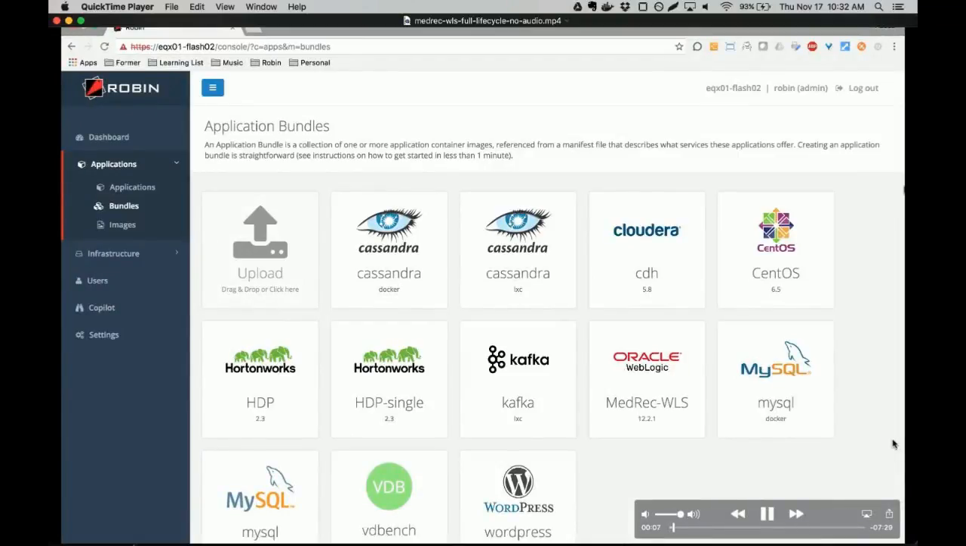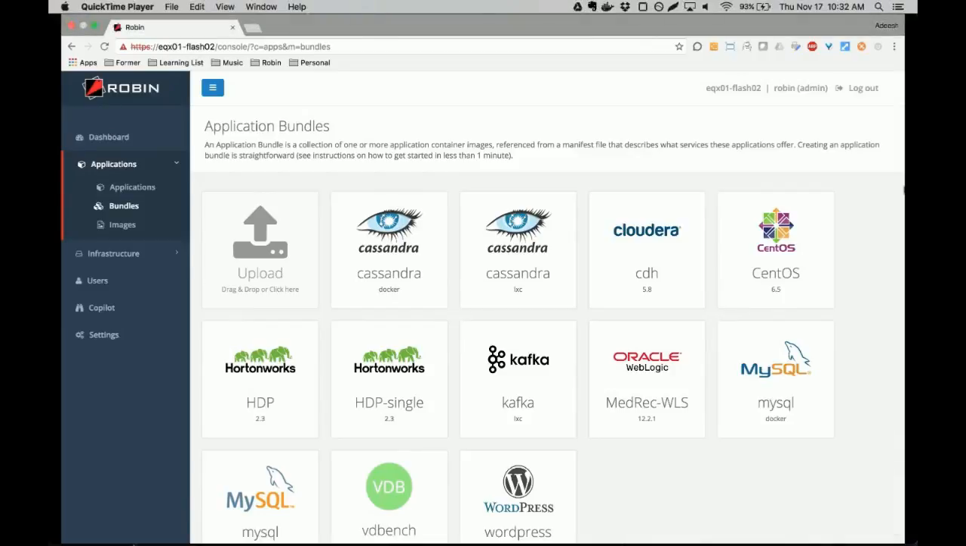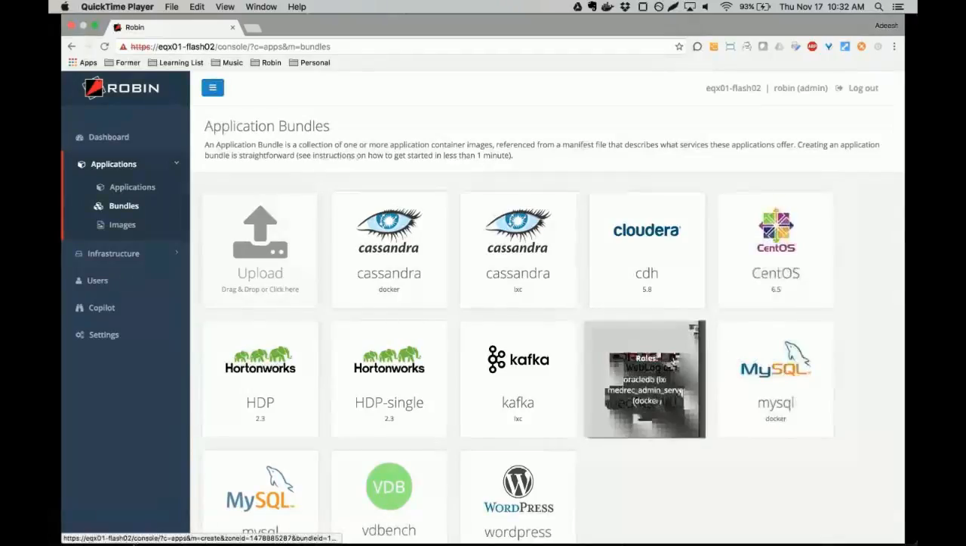And what I'm showing you on the screen is the application catalog. So we have a bunch of applications that we support out of the box, but if you need something else, you can easily build it using the YAML file that I described just a minute ago. And so for today's demo, we'll essentially use